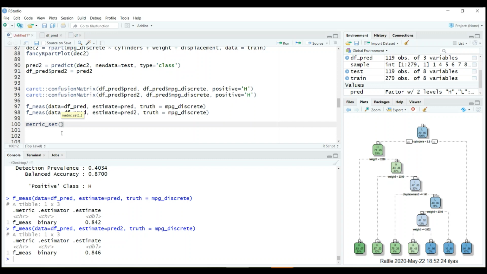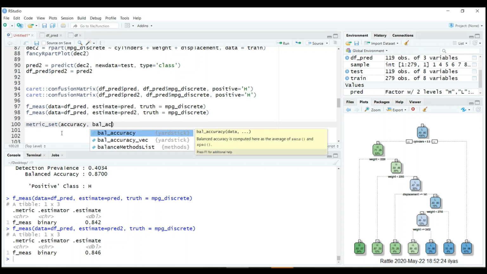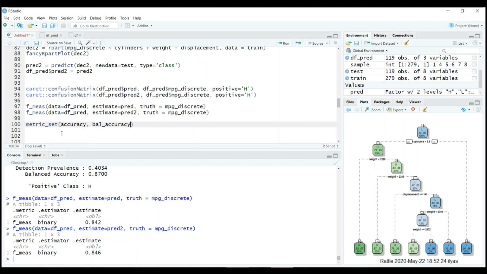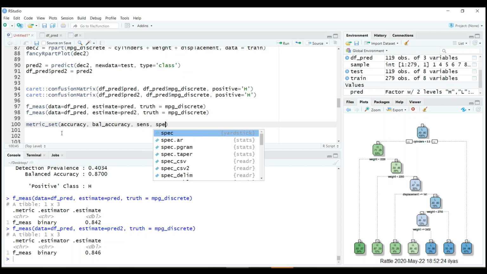Okay, and then you can provide the different performance metrics that you want it to calculate for you, and then put them together in a data frame format. So let's say I want to see accuracy, balanced accuracy, sensitivity, the specificity,